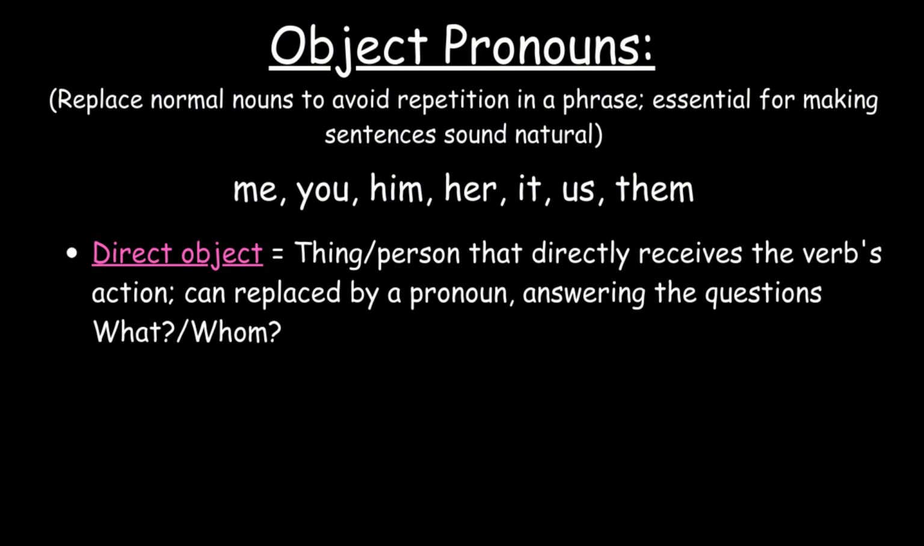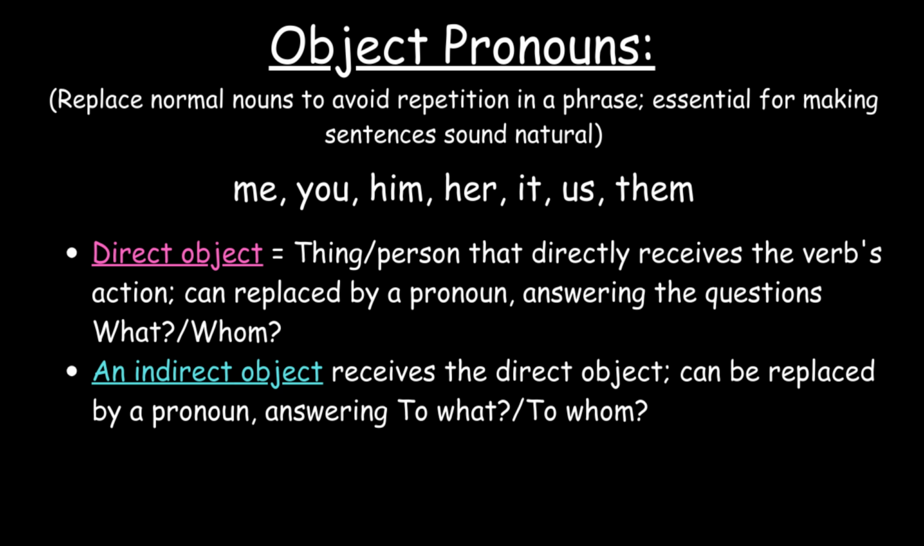A direct object is a thing or person that directly receives the verb's action, and it can be replaced by a pronoun, answering the questions what and whom. An indirect object receives the direct object, and it can also be replaced by a pronoun, answering to what and